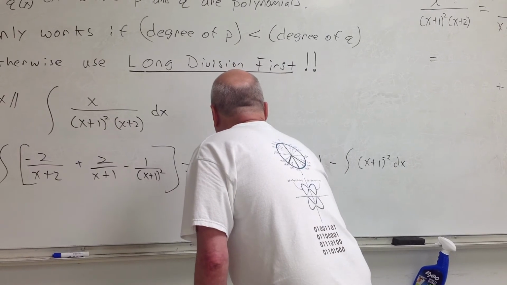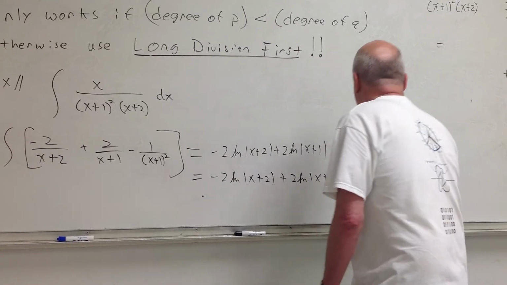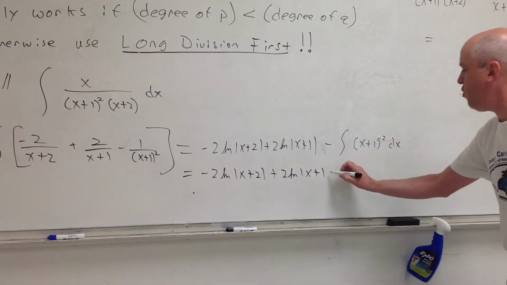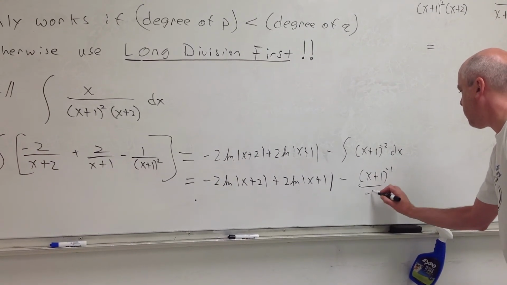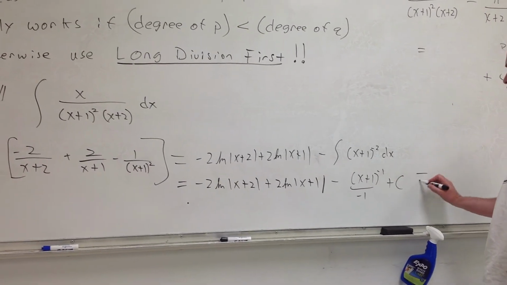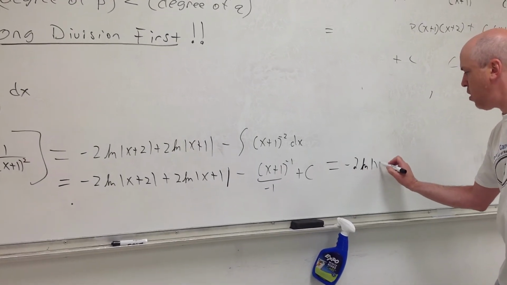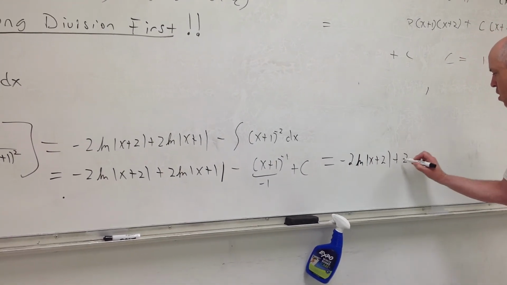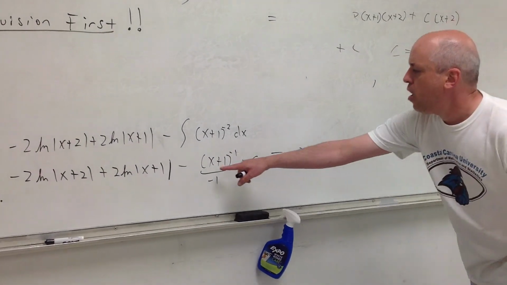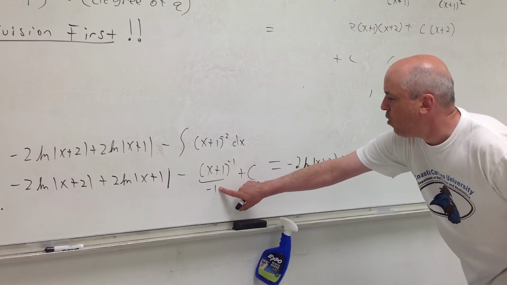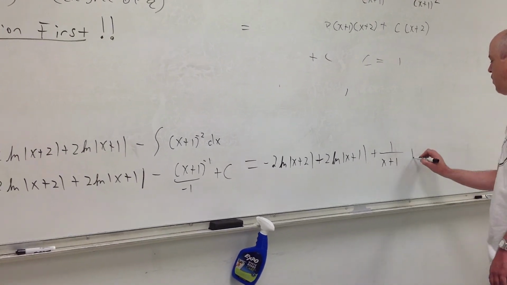So I'm just going to use the power rule on that. We add 1 to the exponent and then divide by the new exponent. So that's x plus 1 to the negative 1 over negative 1 plus c. And then we like to not leave negative exponents in our answer, so let's go ahead and clean that up. So what do we have? Negative divided by negative 1, that becomes plus, and then 1 over x plus 1 to the first. And here's your